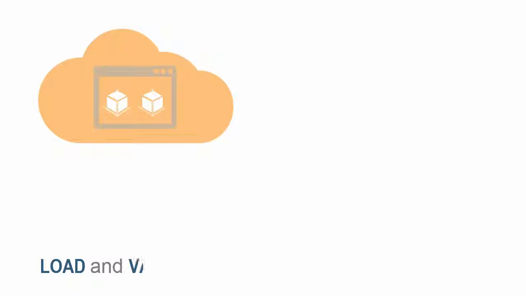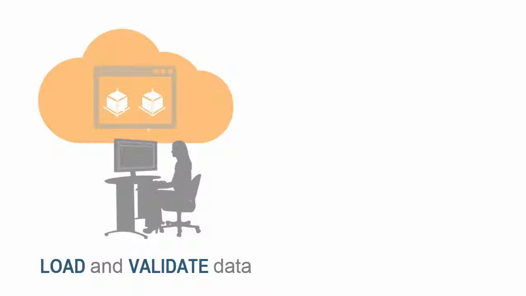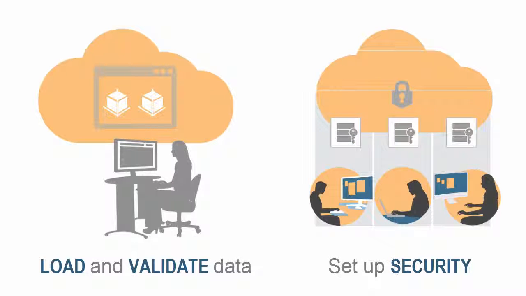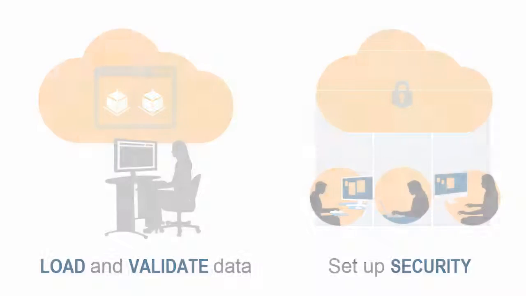After deploying the changes, you load data into your models from a data load file, and then validate the data in SmartView. You can also set up security. At the application and dimension levels, you assign user and administrative access, and at the data access level, you grant access to the data. These additional steps are covered in other tutorials.